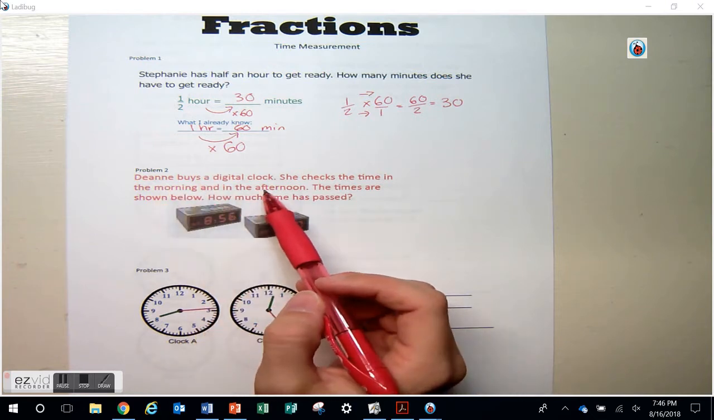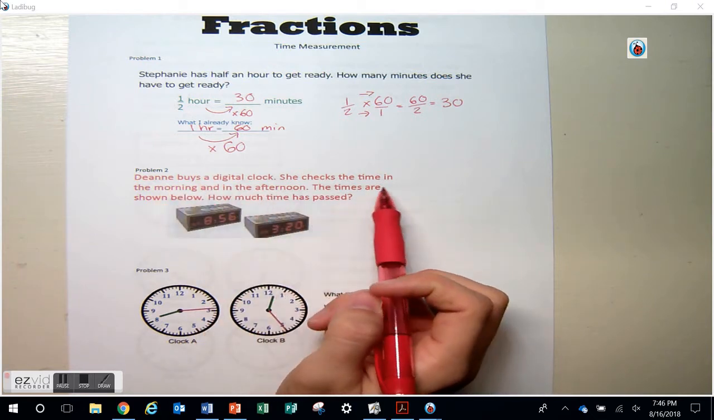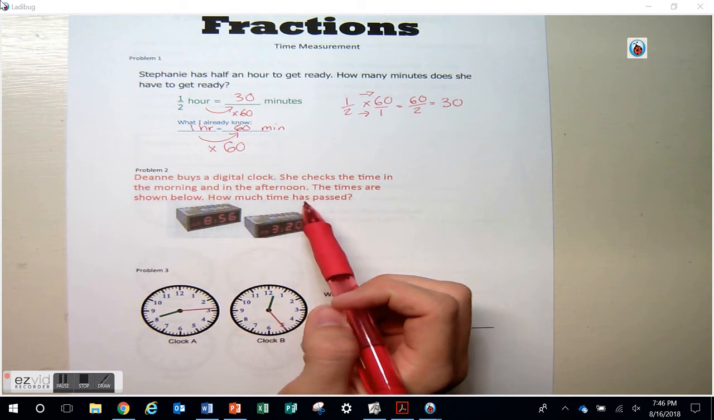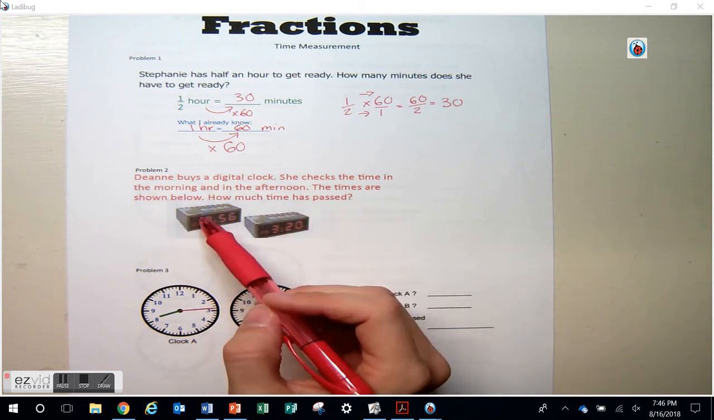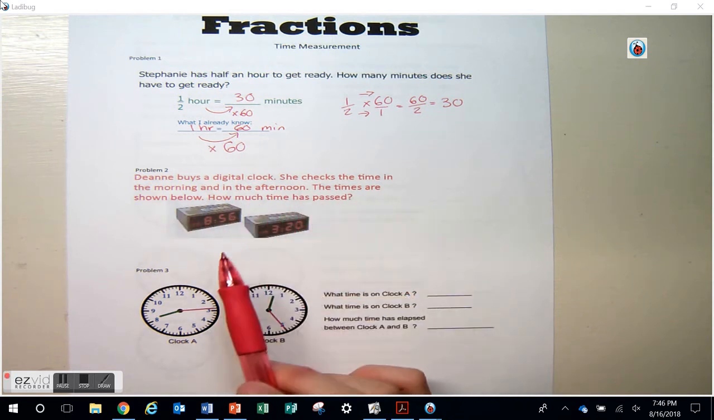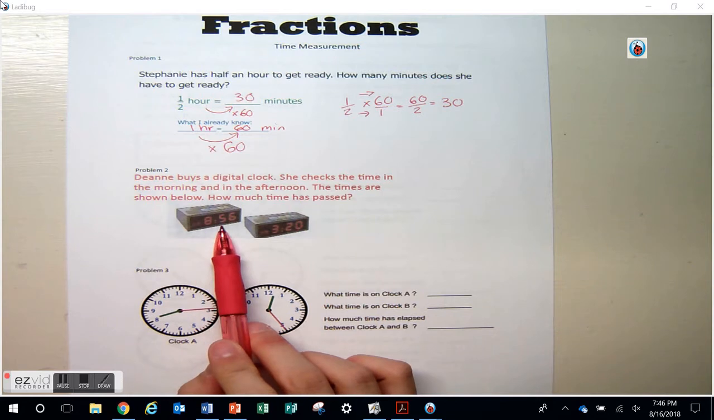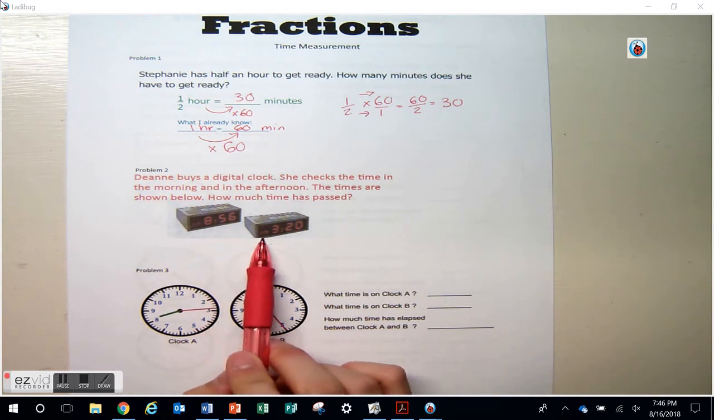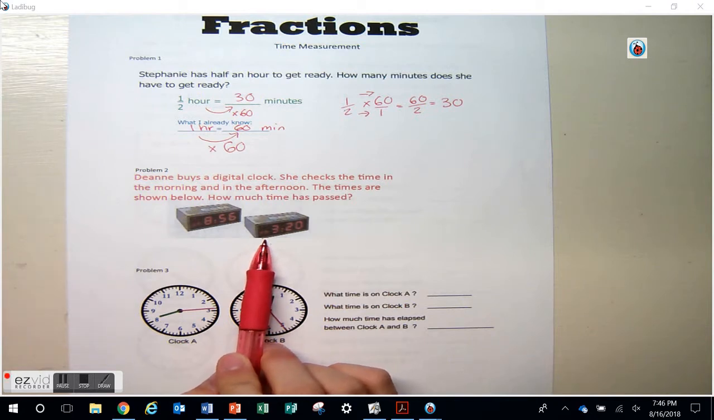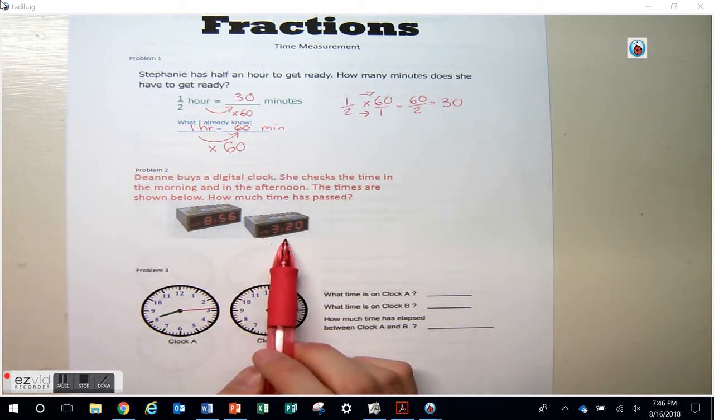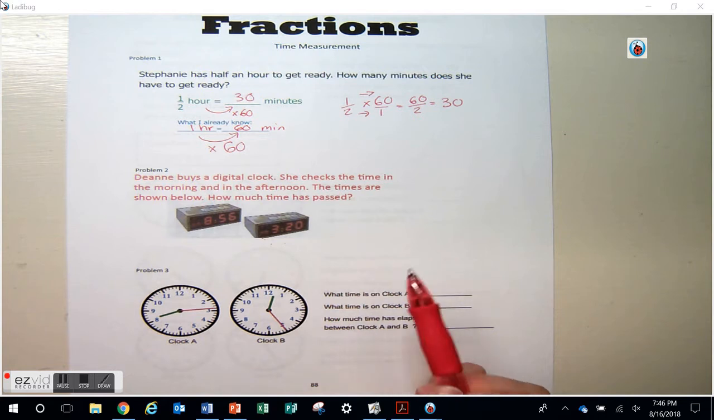Let's look at problem 2. Deanne buys a digital clock. She checks the time in the morning and in the afternoon. The times are shown below. How much time has passed? So I see AM 8:56, and I believe it says PM 3:20. So there are probably many different ways that you could do this, but the one that I use